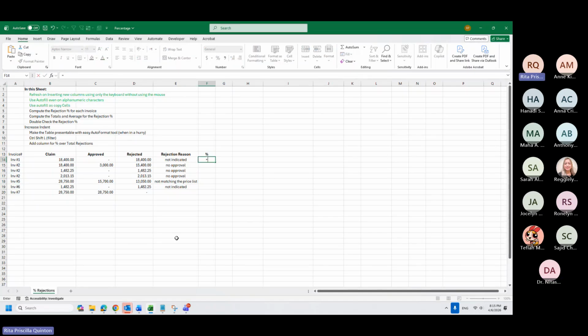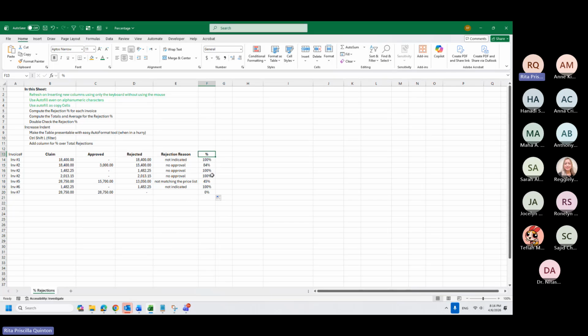So computing the rejection is just simply rejected over the total claim. And then you can click here as a shortcut to the percentage. Also, I can compute the approved.